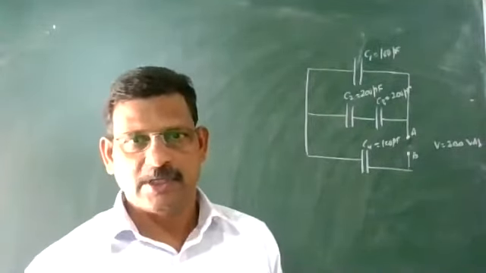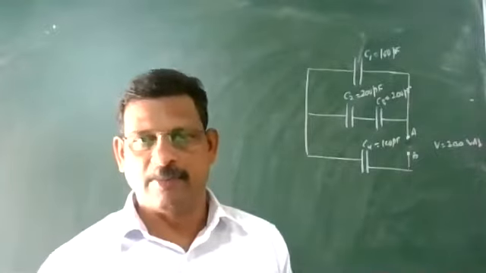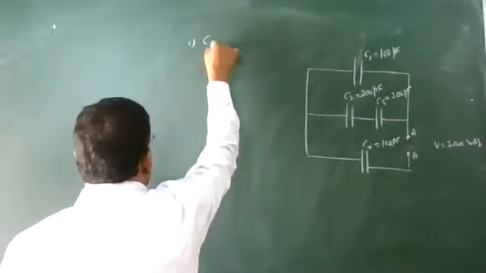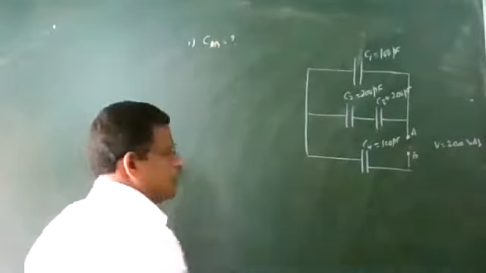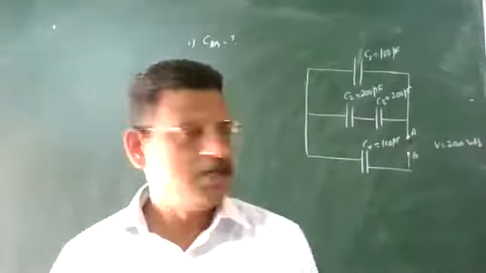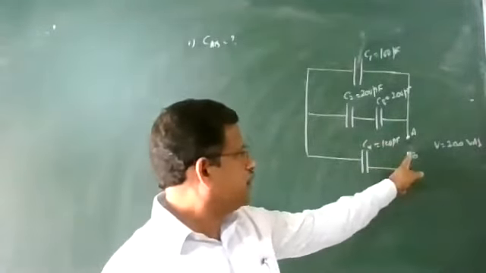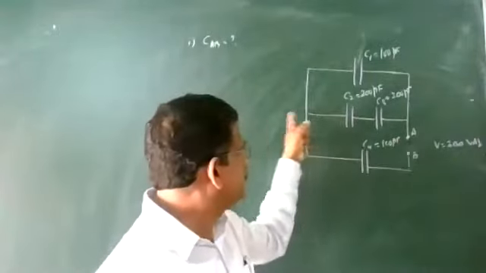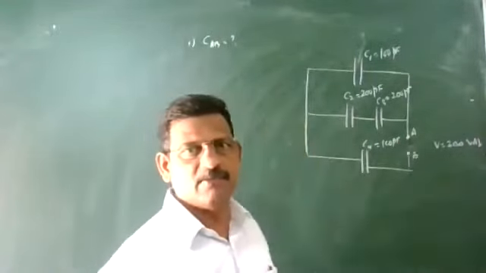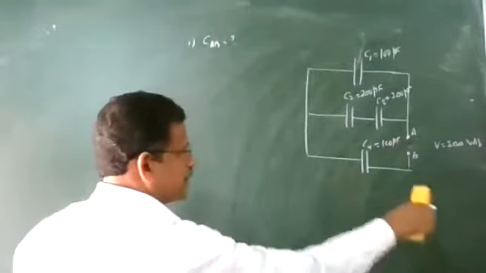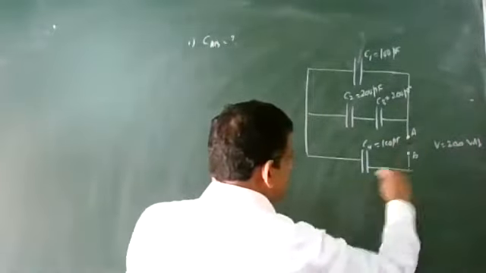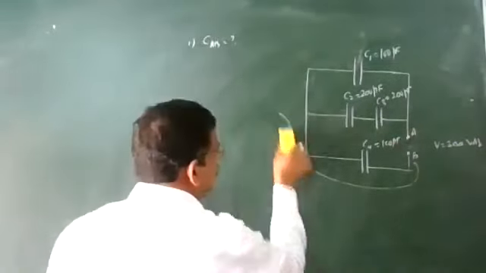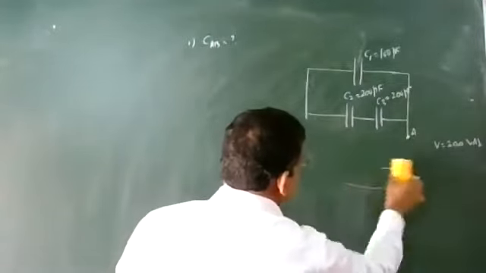So first, yesterday we saw some part of how to find the equivalent capacitance. First part is to find the equivalent capacitance between A and B. For this, point B is a connecting wire. Instead of keeping the wire here, there will be no difficulty if it is kept there also. So we can pull this wire B and keep it here. There is no problem. So I am doing this arrangement like this.